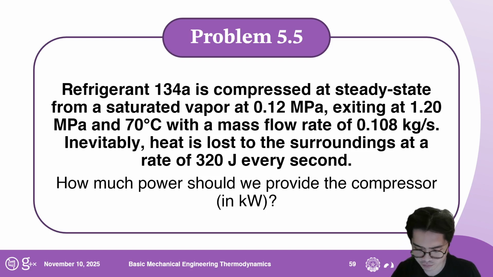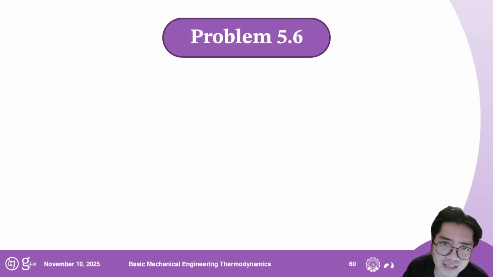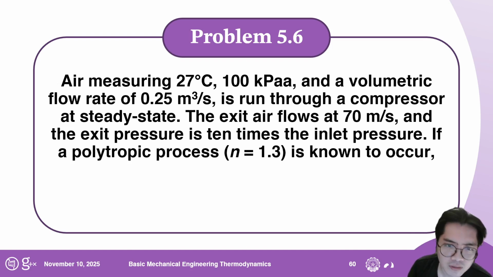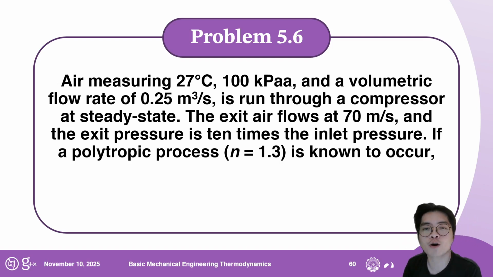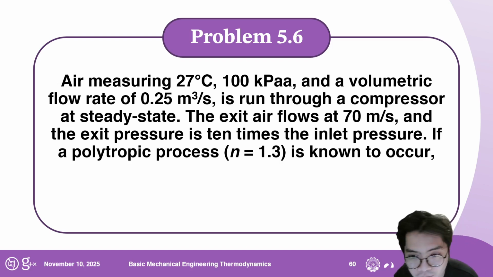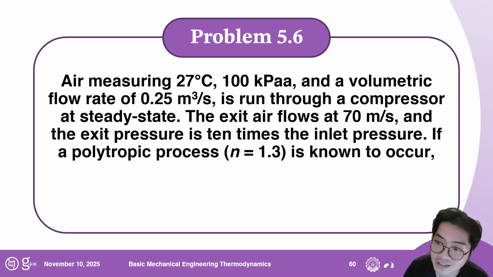But in this case, now for problem six, this is a bit more involved because we are back with air. Air measuring 27 degrees Celsius, 100 kPa, and a volumetric flow rate of 0.25 meter cube per second is run through a compressor at steady state. The exit air flows at 70 meters per second, and the exit pressure is 10 times the inlet pressure. If a polytropic process, which is n equals 1.3, is known to occur,